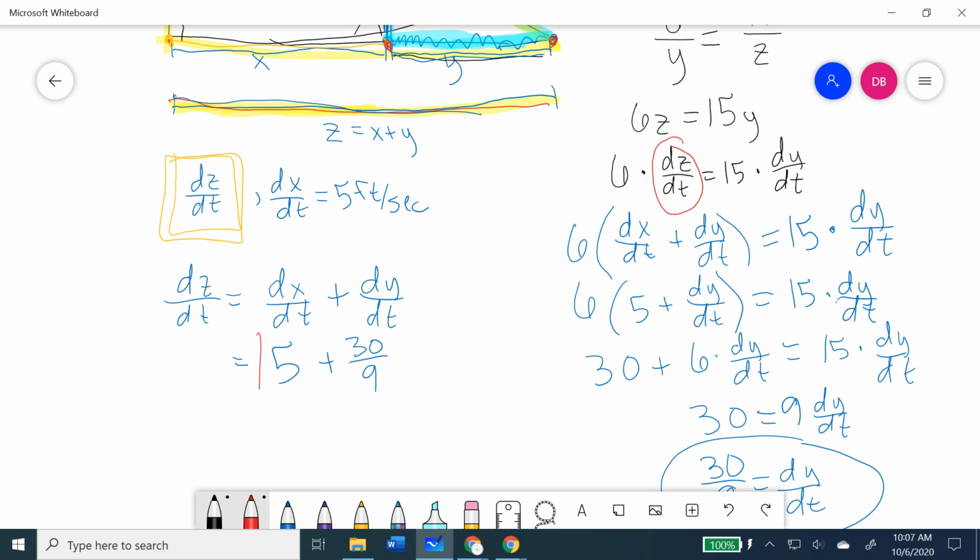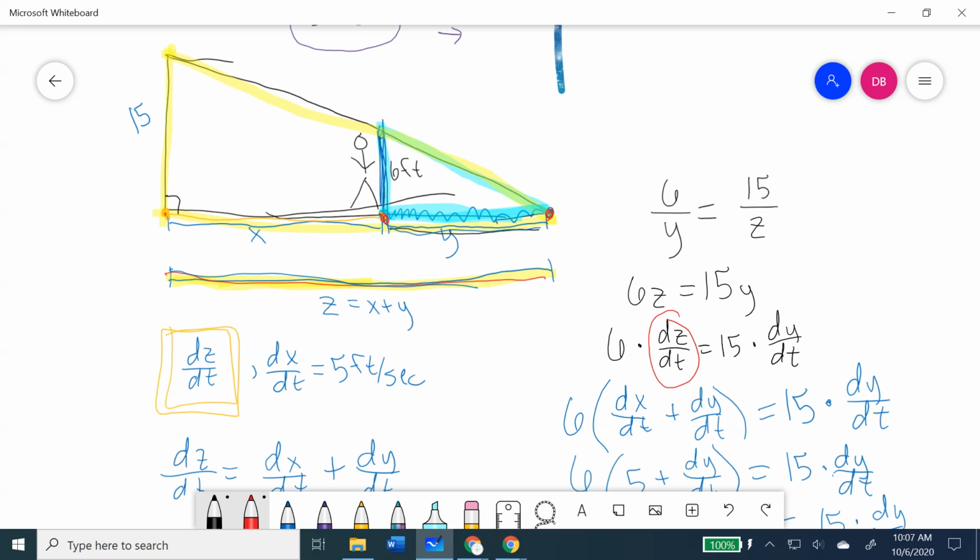So this right here is giving me the speed at which that single point is moving. And I'm going to say again, the difference between the rate of change in the length of the shadow versus how quickly this point is moving,